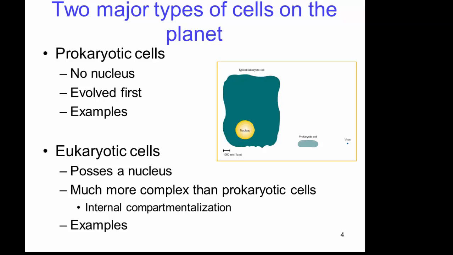Eukaryotic cells. The prefix eu means true, so eukaryotic cells do possess a true nucleus. Eukaryotic cells are typically much larger than a prokaryotic cell, as you can see in the picture here. And eukaryotic cells are much more complex. A prokaryotic cell is rather simple internally, whereas a eukaryotic cell is very complex internally. Eukaryotic cells exhibit something called internal compartmentalization. Basically what this means is that there are little different compartments inside of a eukaryotic cell, and we don't see that